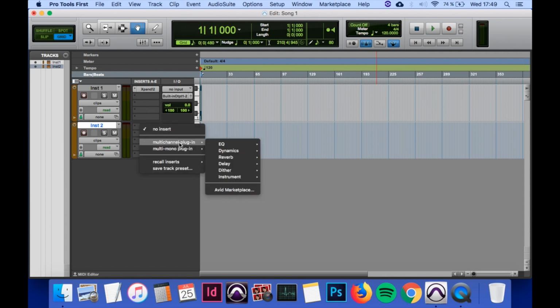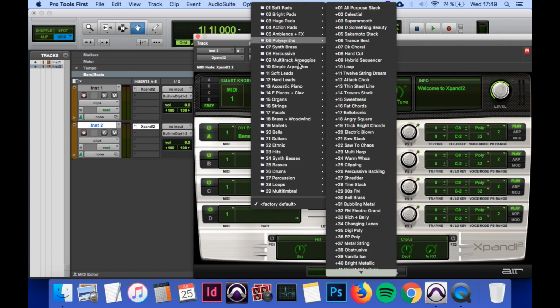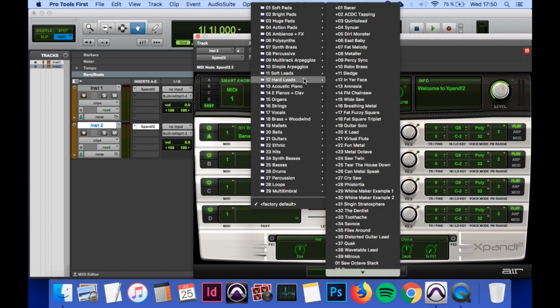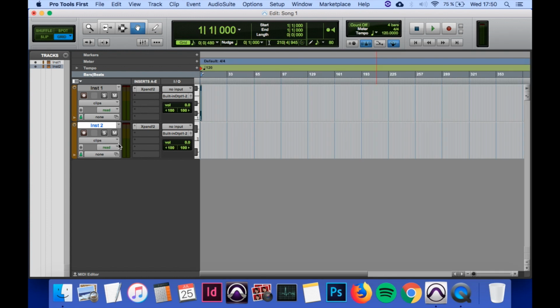Drag your mouse to multi-channel plugin, then instrument, and let's go with Expand 2 again. Let's put a melodic instrument preset this time. I'll choose a hard lead, so we'll go into the preset section here. I'll go to hard leads and select In Your Face. That sounds pretty cool. Now we've got the preset selected, we can close Expand 2 again and reopen the MIDI